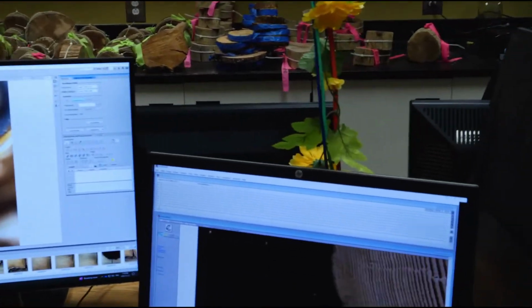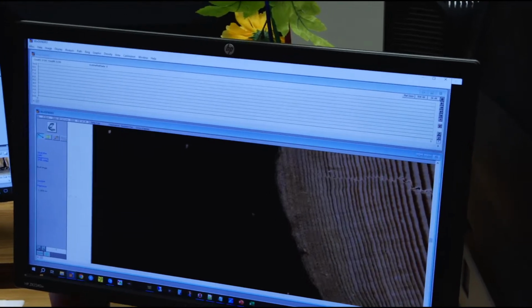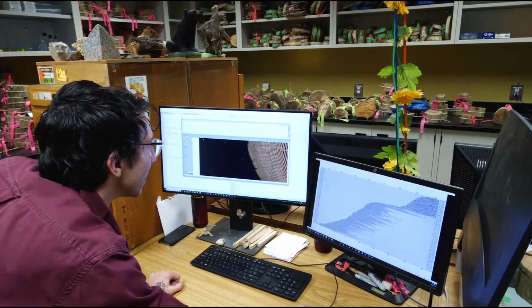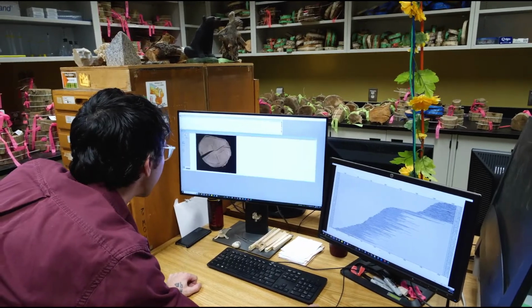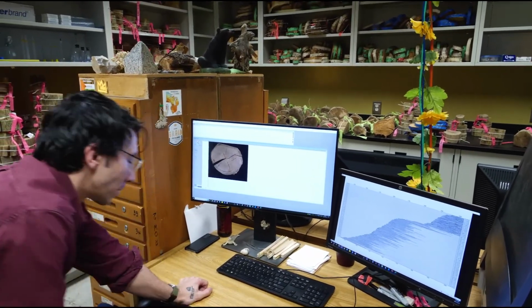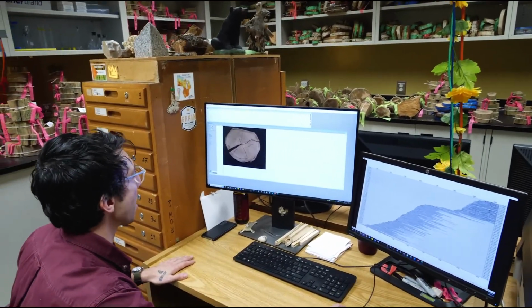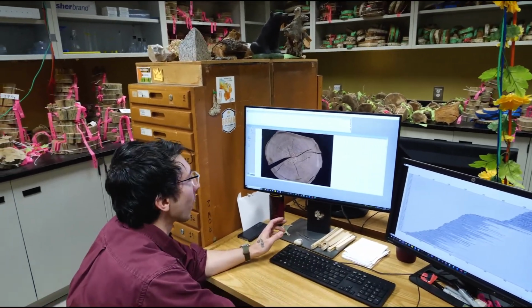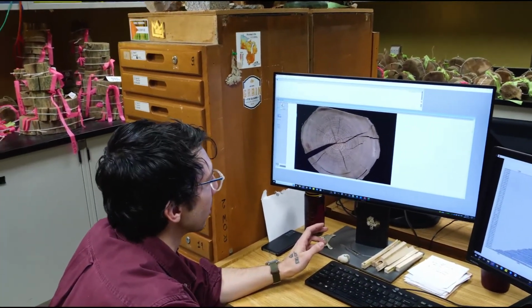We do a lot of field work in this lab. So we go to pretty remote places, whether it be at the top of mountains or just forests that are untouched in remote regions. And so once we scan a sample, it looks something like this. Let me just fit it to the screen. So we have a high quality sample scan here, and we semi-automatically measure them. The program can tell just with the contrast of each new ring that there's a ring there. So we just put a line,